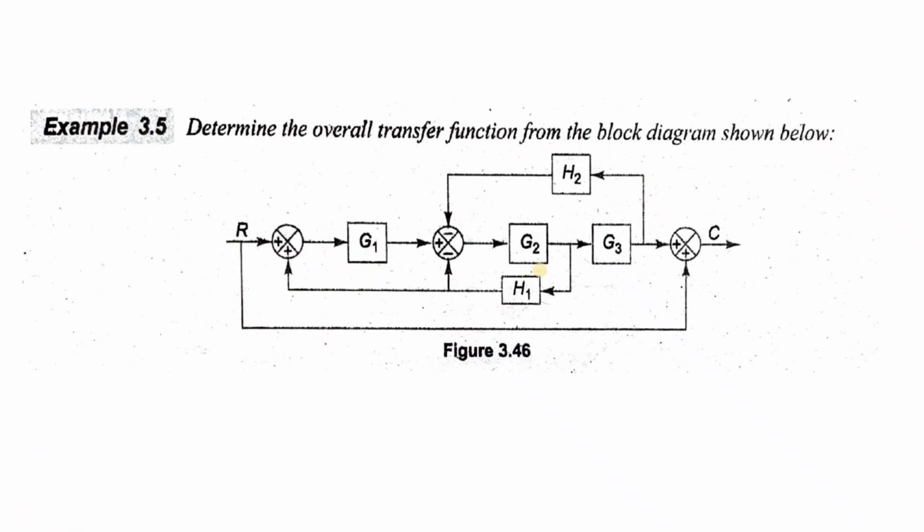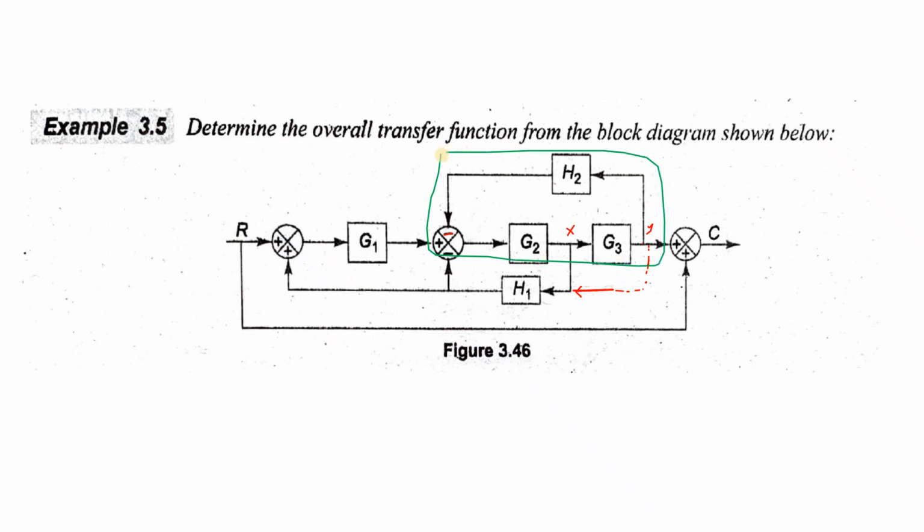So over here you can see there is a point. Actually this mouse is running slow whenever I put over here. Okay, so this is X, and this point is Y. Now if it is possible to shift this point to Y, then it would be very easy for us. Then G1, G2, G3 will become in series. We can multiply them and we can consider H2 to be the negative feedback and proceed with the first